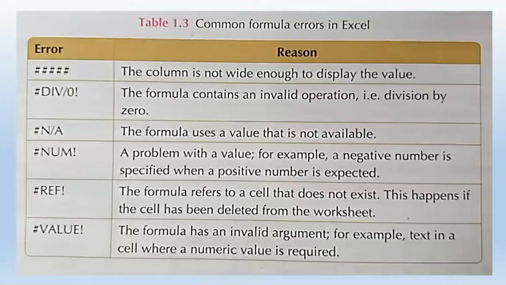So quickly, Excel tells you whether your formula is right or wrong. If your formula is wrong, it will show you the error result. It means that the formula is not correct, or the value is not correct, maybe the number you are giving is not proper. Maybe you are giving a negative value instead of a positive value, or sometimes you are using an invalid operator, or sometimes the column is not wide enough to display your answer. Okay.